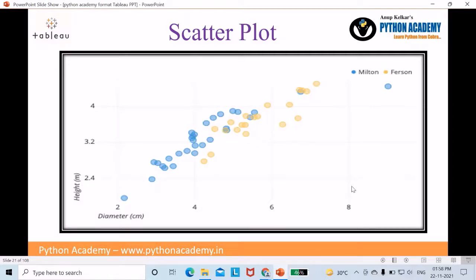In this example, two variables are diameter and height. Diameter is given in centimeter and height is in meter, and hence two bottle manufacturers are compared, Milton and Furson.